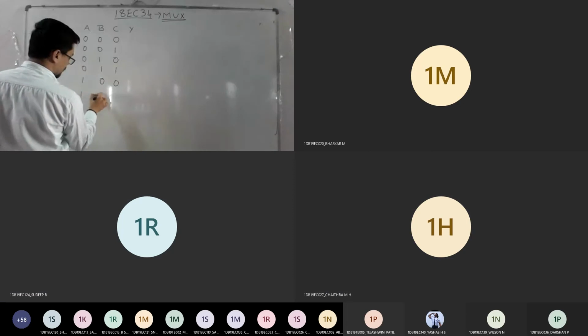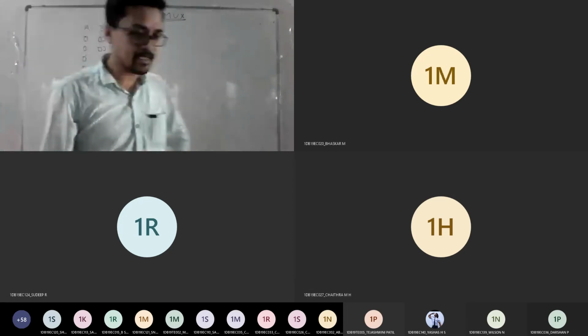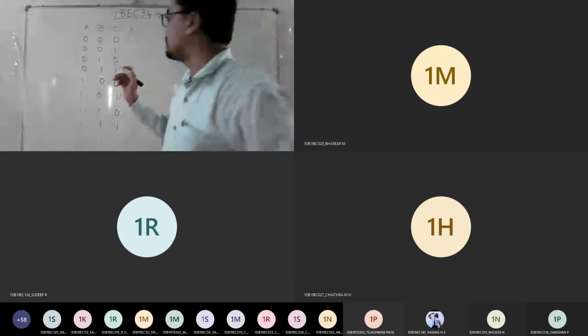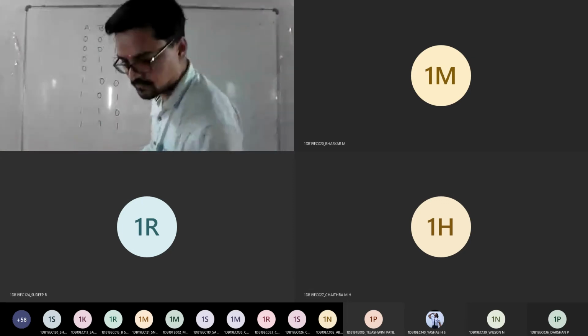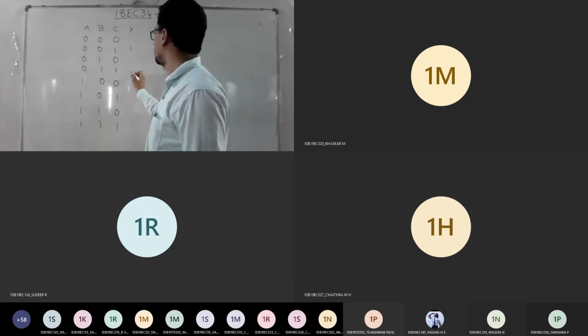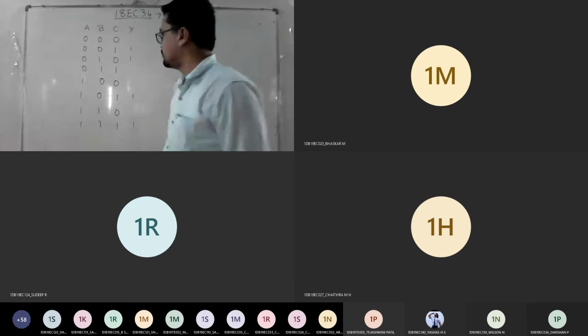You need to worry only about for which input the output is high. So these are the 8 inputs. For these, the corresponding outputs are high at 1, 2, 5 and 7. So I will just change the color. 1, 2, 5 and 7.